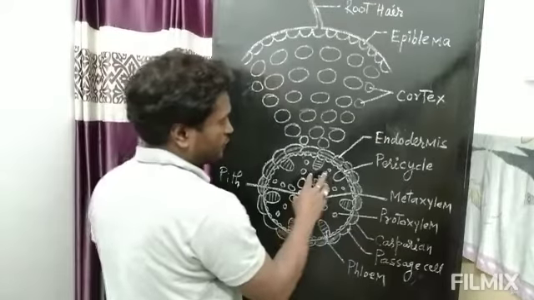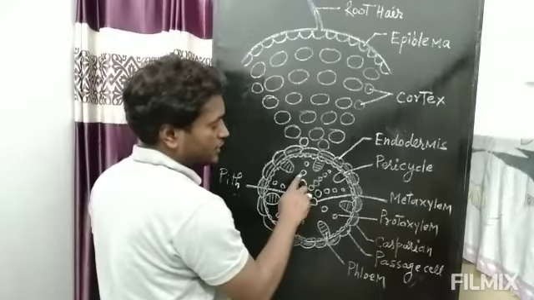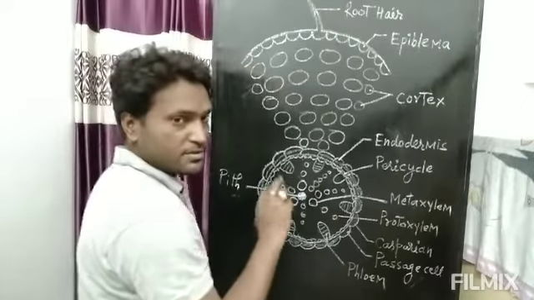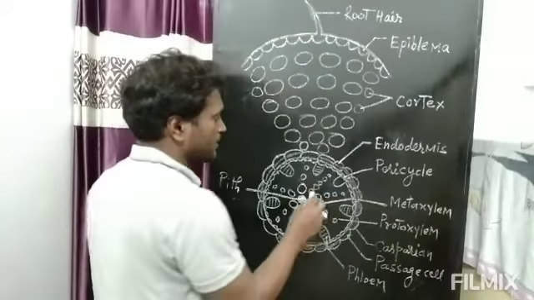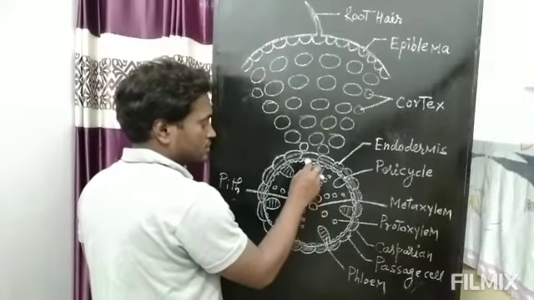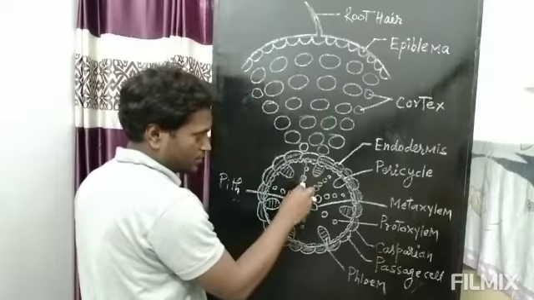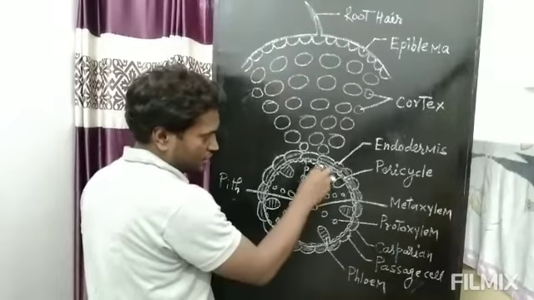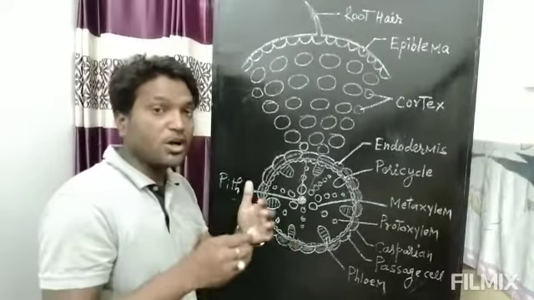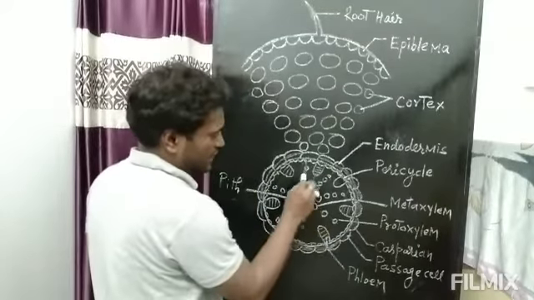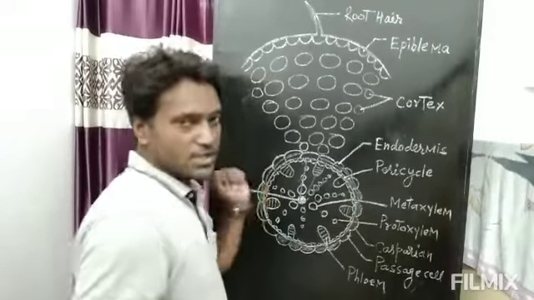Now, when we study the vascular bundle, we see that vascular bundles are radial and exarch. In previous lecture, I have discussed what is the radial and exarch. Again I am telling, radial means xylem bundle and phloem bundle are present at different radius. At this radius only xylem bundles are found, at this radius only phloem bundles are found, or alternatively, this one is xylem bundle, this is phloem, this is xylem, this is phloem. This is known as radial condition.